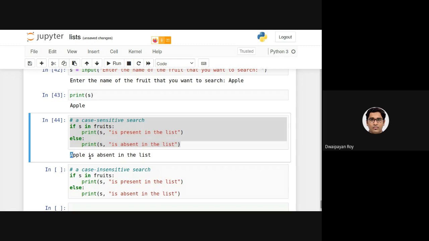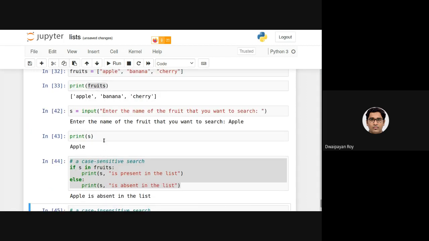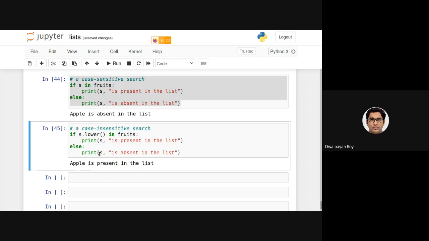Similarly, all other alphabets. So to make it case insensitive, what we need to do is we can simply make this as this. Now if I search, you can see apple is present in the list. But note that I am not changing the s. Earlier I was changing the s in the earlier example, that I had overwritten. Here I am not changing the s. On the fly, I am converting it